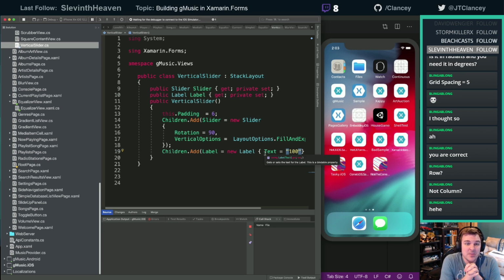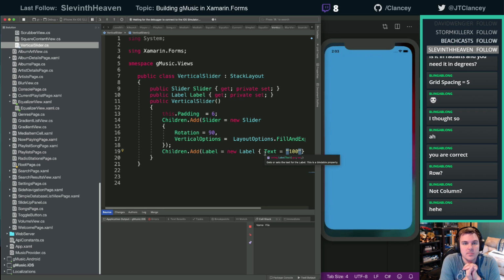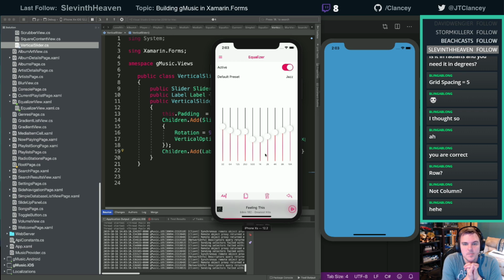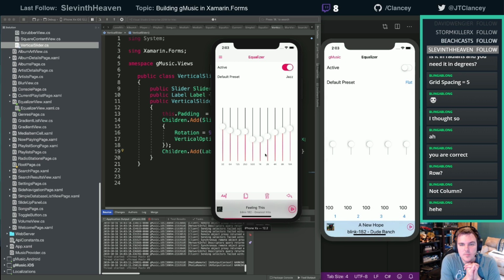I didn't have to write any math doing it this way. The other way is going to be all layout math. All right, perfect. No, those don't look right. I want those closer together.